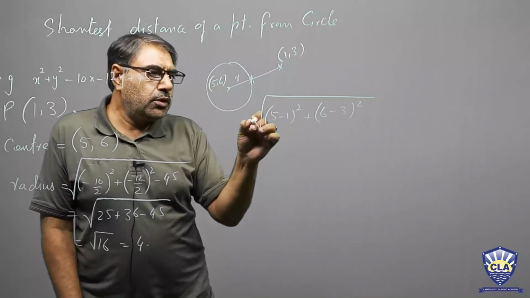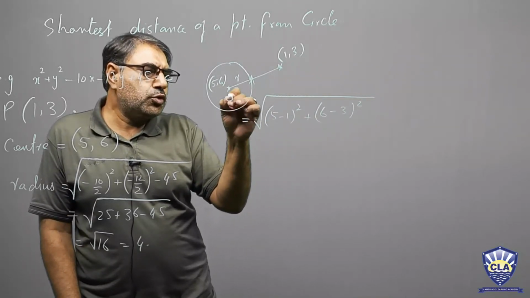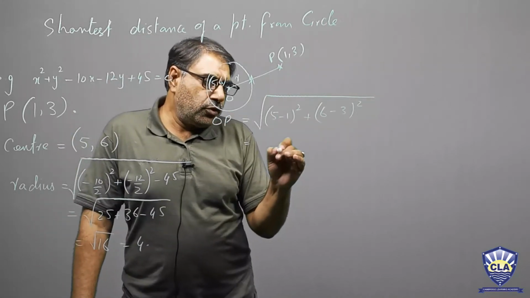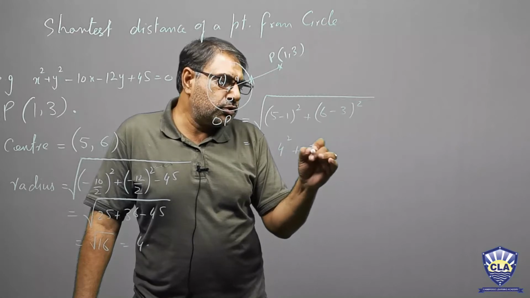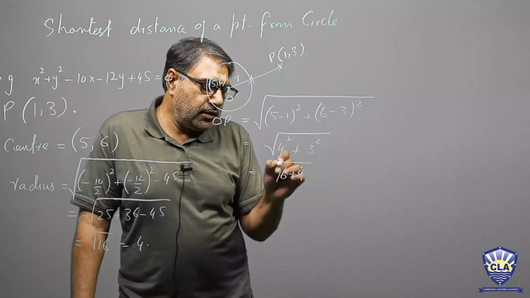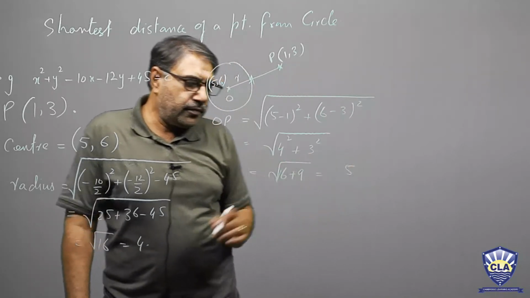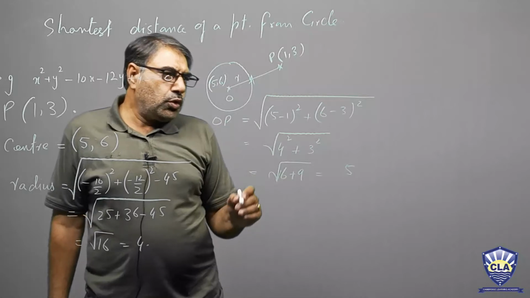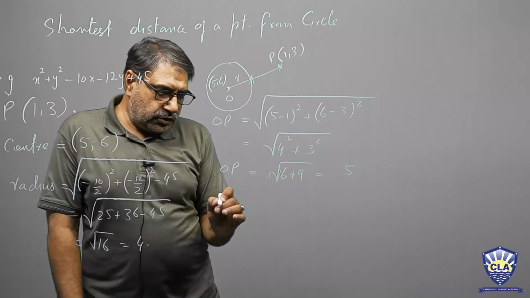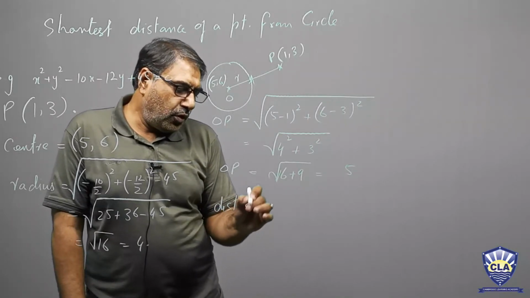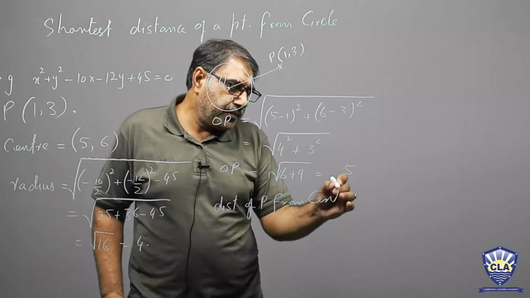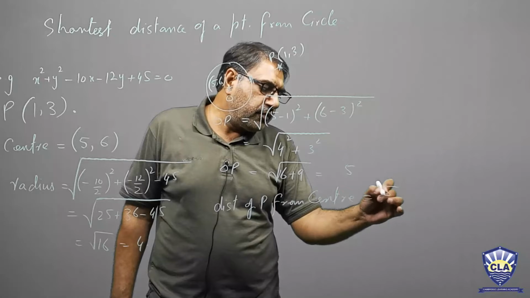With the help of distance formula, OP distance is under root of 4 square plus 3 square, 16 plus 9, 25, equals to 5. So OP distance of P from center equals to 5 unit,